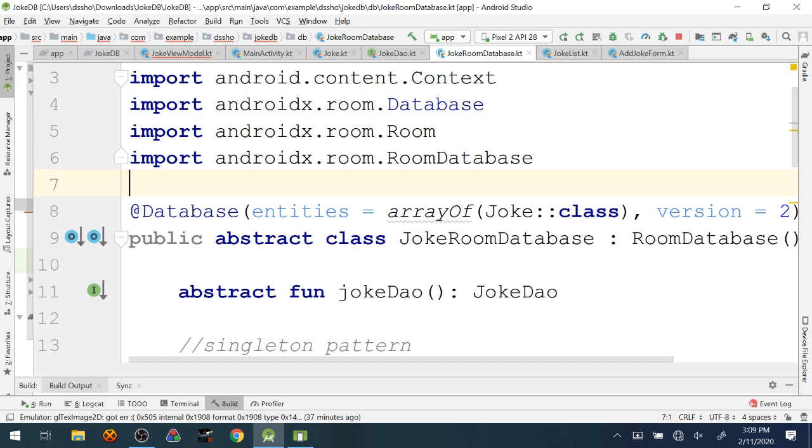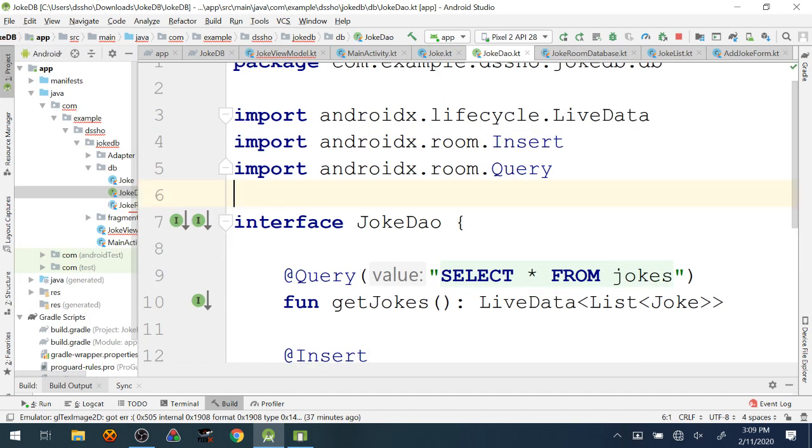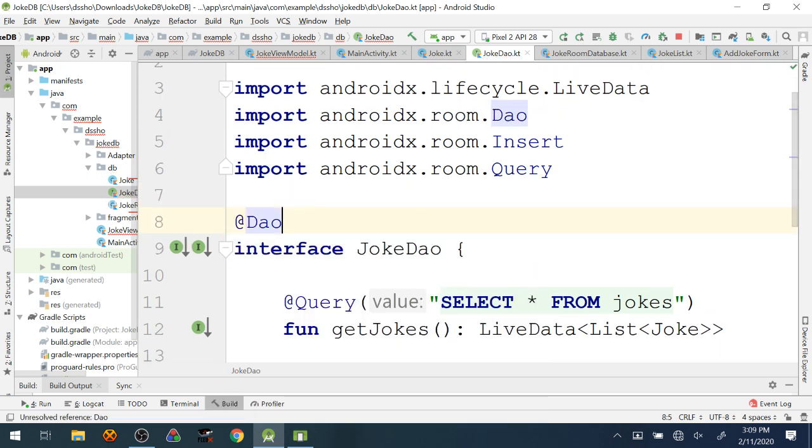One of the more common mistakes that I personally make, and that I see other people make as well, is they forget to tack on those annotations. We've used a lot of them. I've got annotations in this class. I've got annotations in the DAO, in which I forgot one. I need an annotation here to tell Room that this is my data access object interface. That would have caused a problem if I forgot that and didn't go back and pick it up. And we also had annotations on the entity. If you forget any of those annotations along the way, it's going to say I don't have a proper implementation. That's a very common error message.